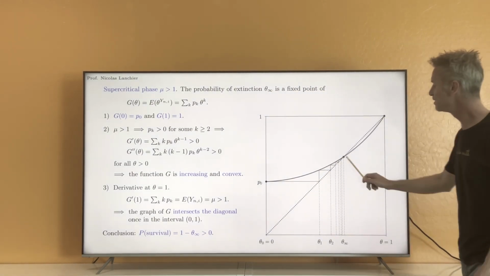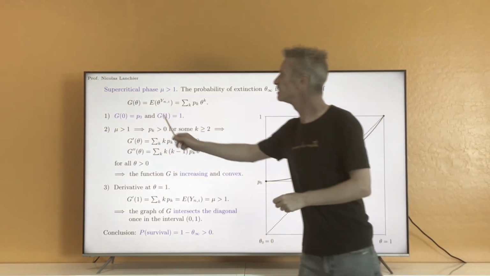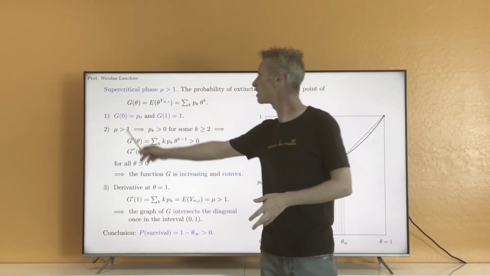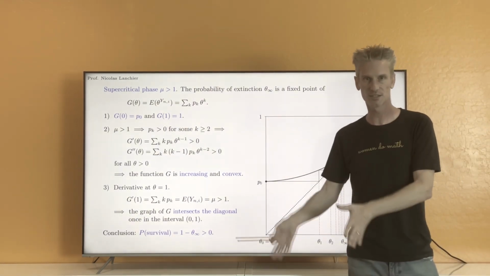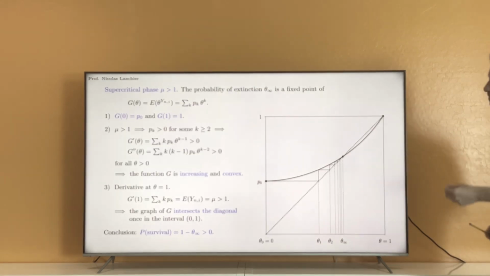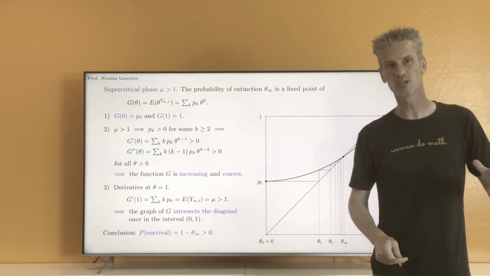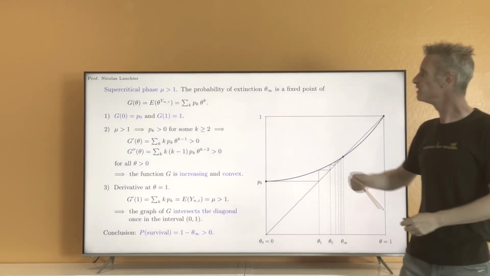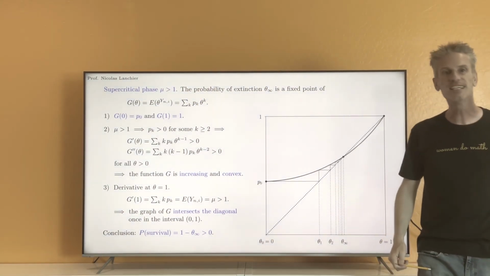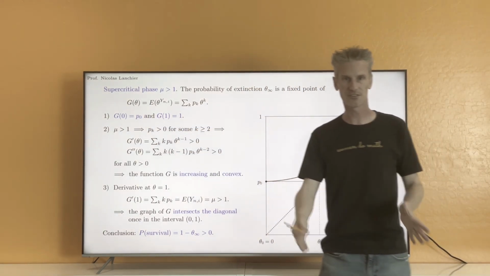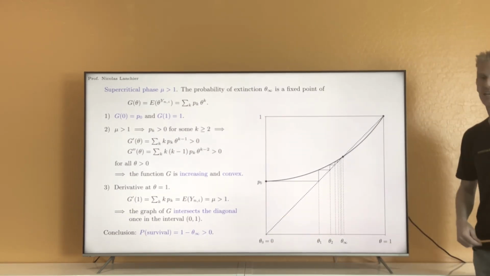First, to be able to find theta infinity, what you have to do is find the fixed point of the function g of theta. That's the same as finding the zeros of the function g of theta minus theta. You want to solve g of theta minus theta equals 0. Now let's assume that only p0, p1, and p2 are strictly positive, and all the other pk's are equal to 0. Then this function is just a polynomial of degree 2, so you can easily find the zeros of g of theta minus theta by looking at the discriminant and so on. That's an easy case.